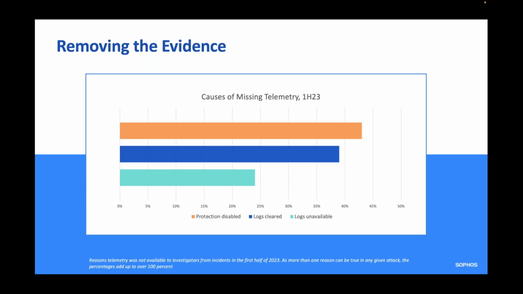And then we do still, unfortunately, see a large number of incidents where the defenders and the organisation maybe have not set up logging correctly in the first place. So whether the cyber criminals made any attempt to delete that data or not is probably meaningless, because the data itself that has been collated is not up to standard, or maybe just not being collated at all. So there's no evidence to look back on in the first place. But of course, that does cause really significant challenges when it comes to investigating an incident post-attack.